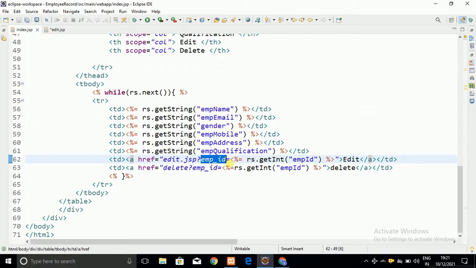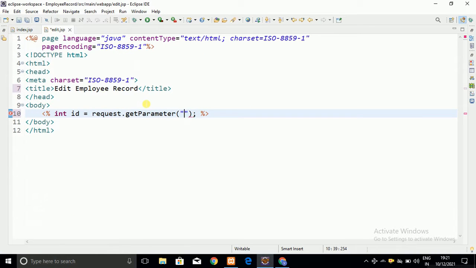By default it is a string, because request.getParameter returns a string. Therefore I have to convert it into an integer.